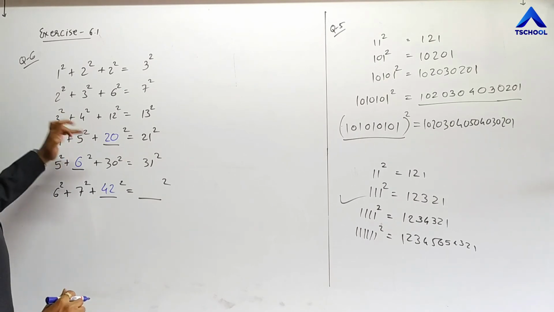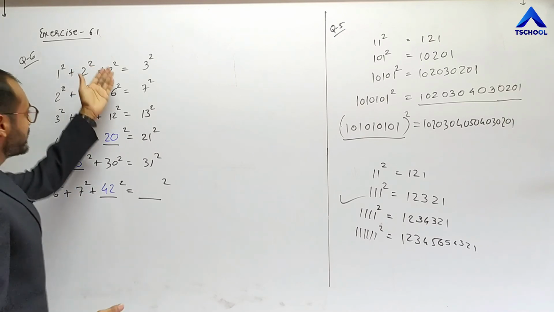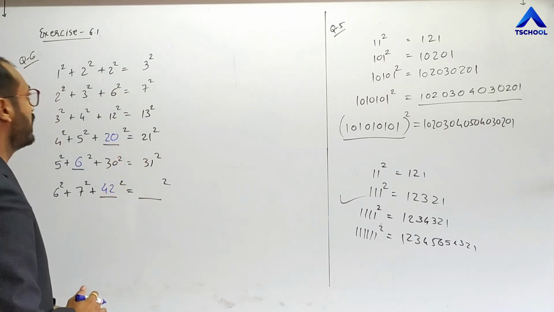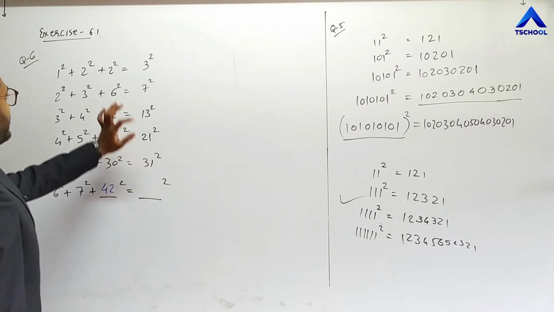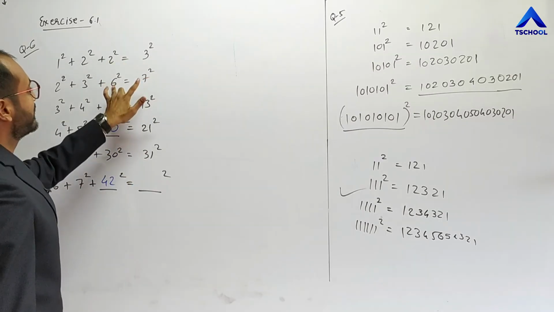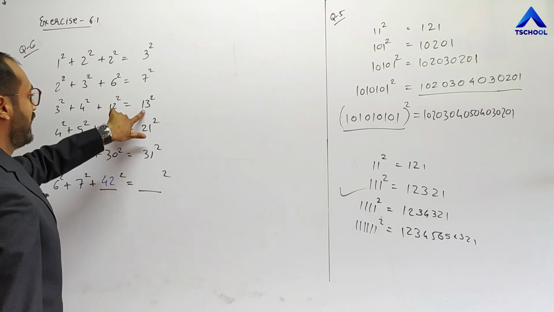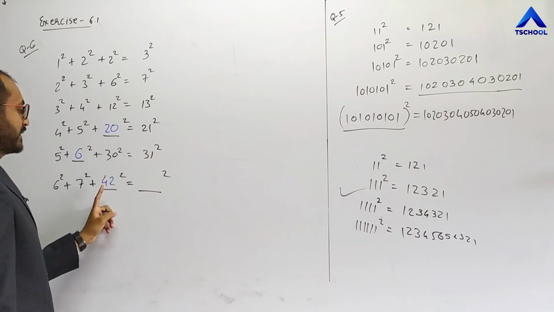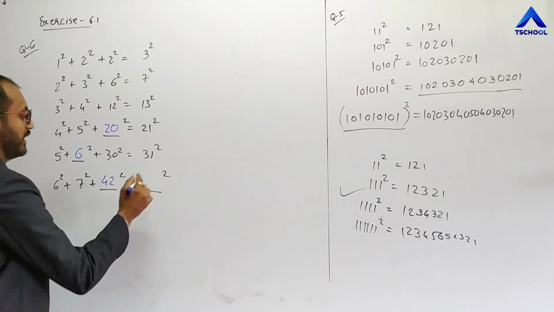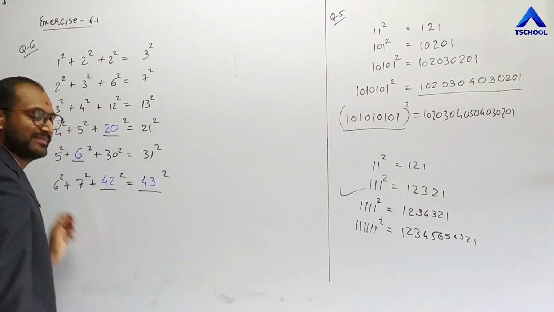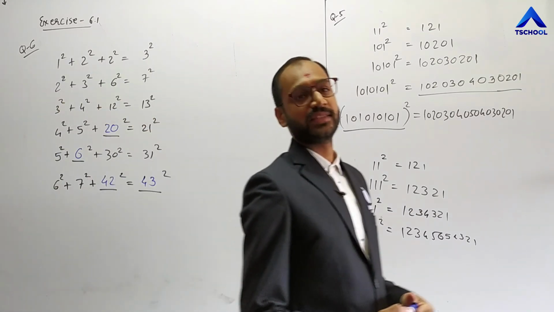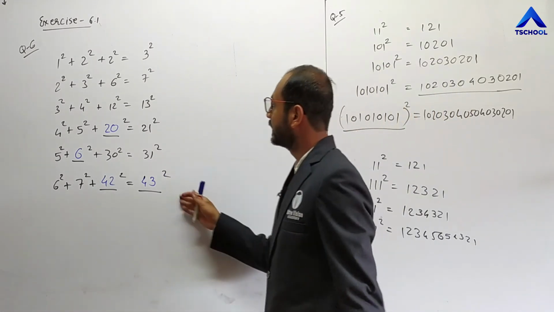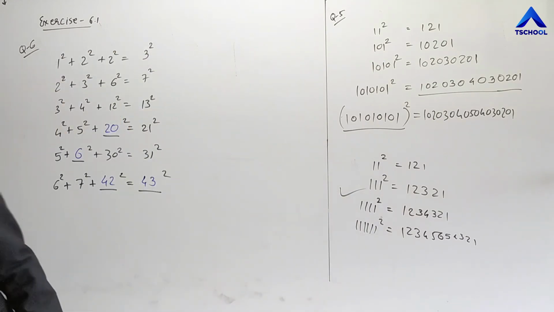So here these three numbers are obtained. Now what is the pattern in the answers? 3, 7, 13. There is no obvious pattern. But you get this series: 2 and 6 and 7, 12 and 13, 20, 21, 30, 31. So here is 42, so here is 43. Clear? So this is the answer of the given question. In this manner, you can obtain the answer of this given series. Clear?